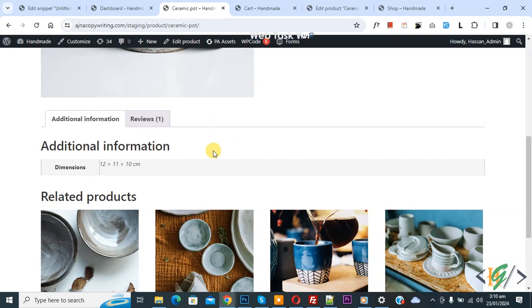Bismillahirrahmanirrahim. Assalamualaikum. My name is Hassan and today we are going to rename length into diameter in WooCommerce WordPress using